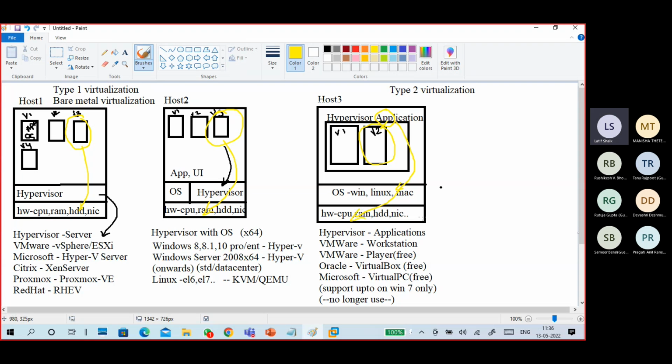The Type2 virtualization. Desktop virtualization condition is that desktop virtualization means